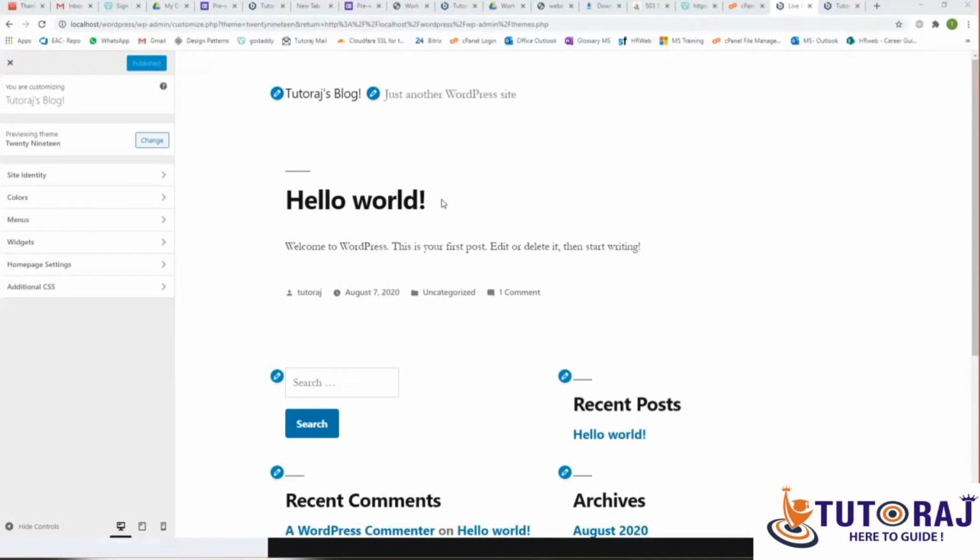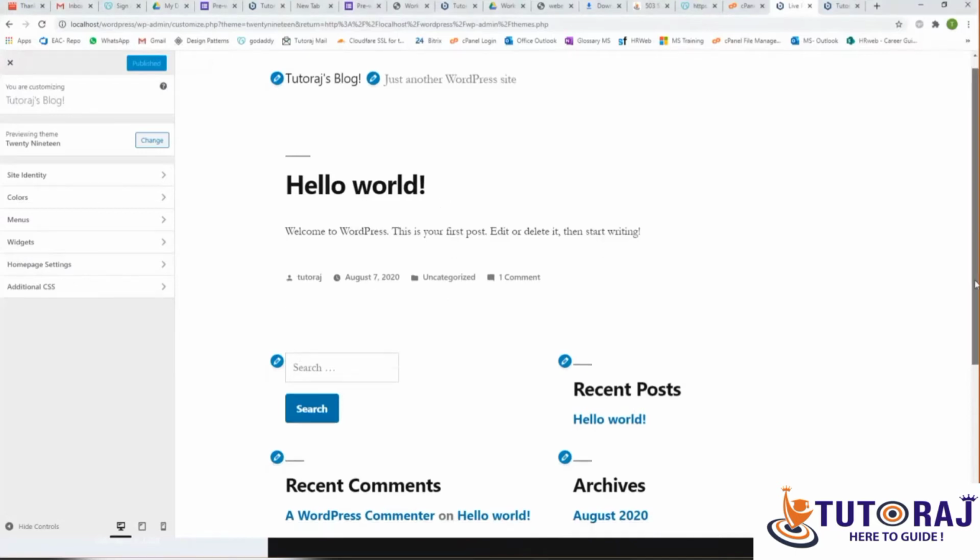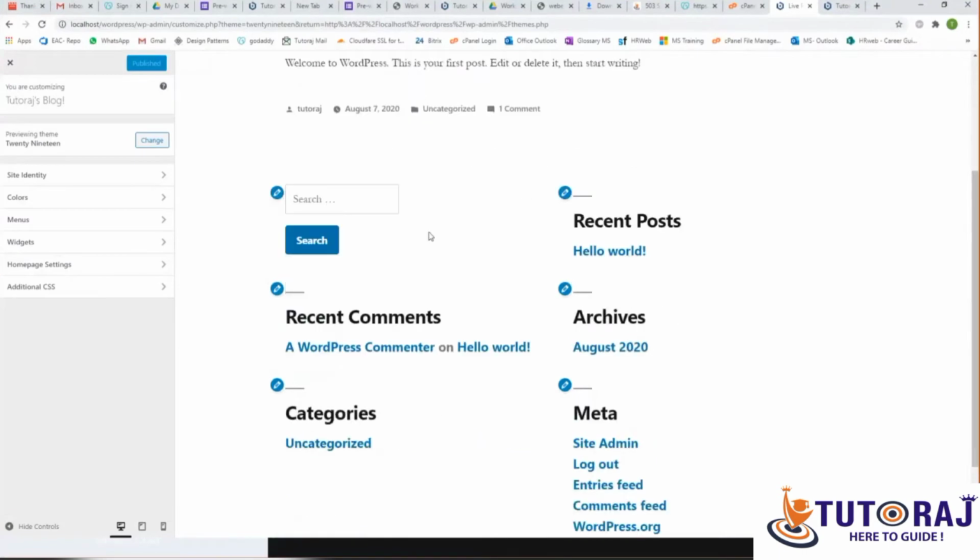Okay, let's get going. Now you will see that if you scroll down, you will see these things. I don't want this. In fact, most of us will not need these things. Let's try to get rid of these things in the footer. These are the footer section of the web page. If you leave it like this, what will happen is that in all the pages that you create in the website, these things will keep appearing. I don't want that.